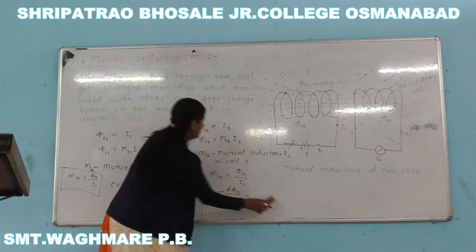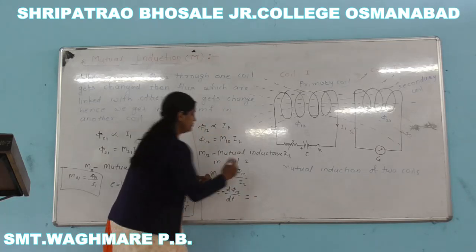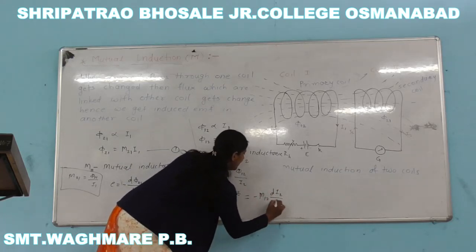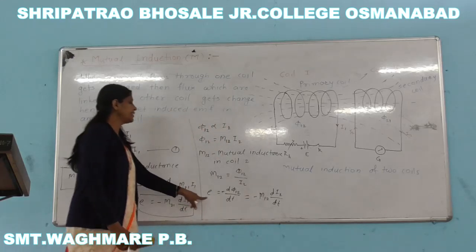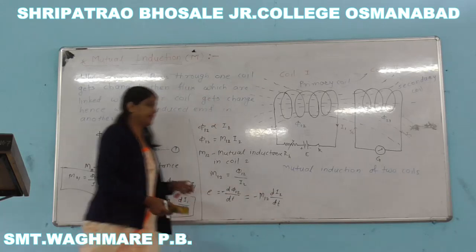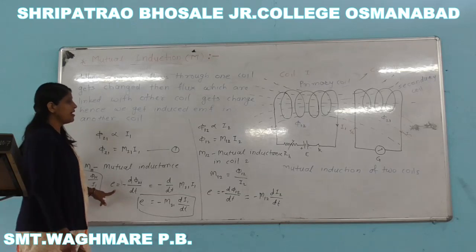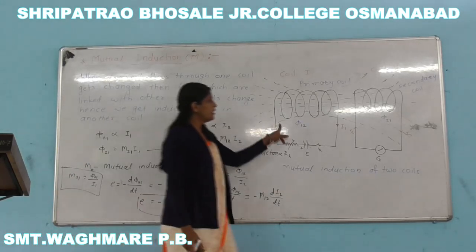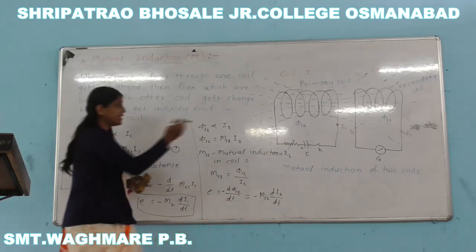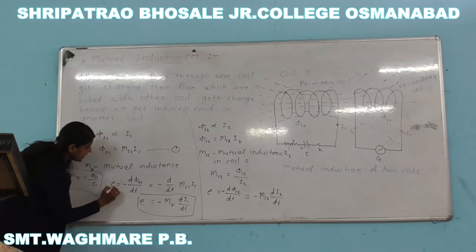d/dt of, put the value of phi12 in this equation, therefore we can write E is equal to minus M12 di2 by dt. Here the EMF induced in the first coil and second coil is different, and therefore we can also write here